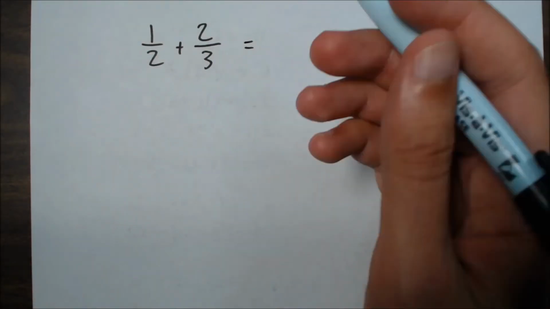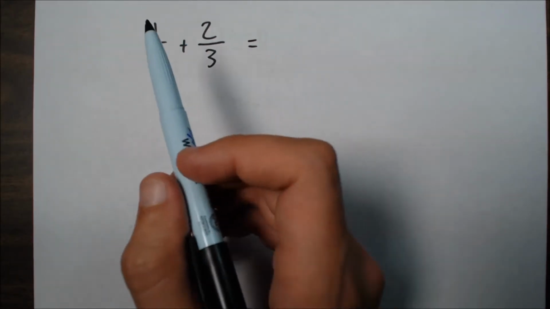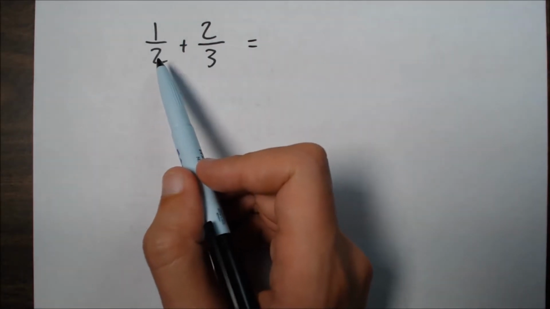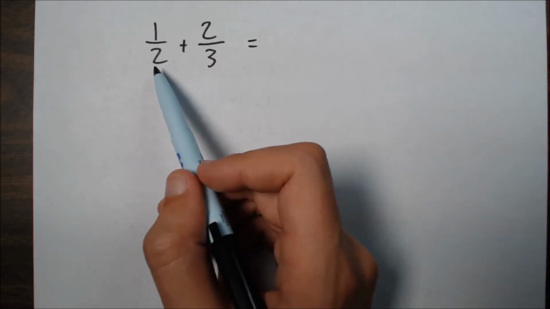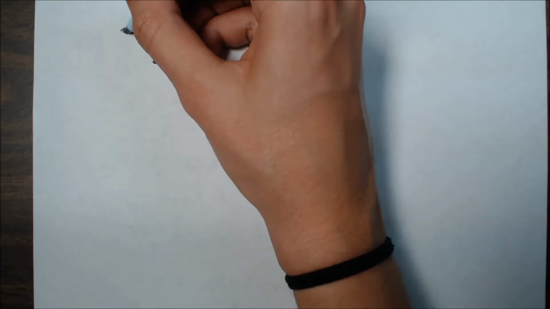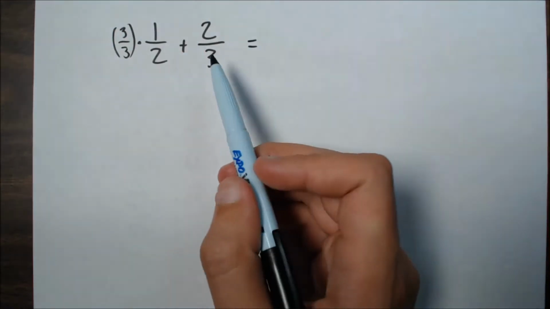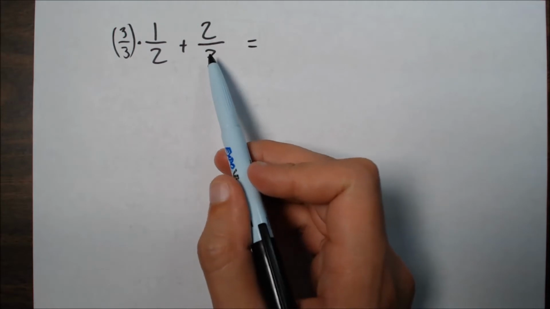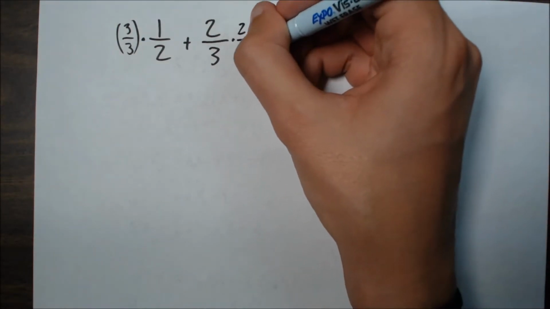So we know we're going to get something with 6 at the bottom. Now how do we get 6 at the bottom? What would I multiply 2 by to get 6? To make that 2 into a 6, I'd have to multiply it by 3. So I'm going to multiply this fraction by 3 over 3. And the 3 I need to multiply by 2. So if I multiply this by 2 over 2,